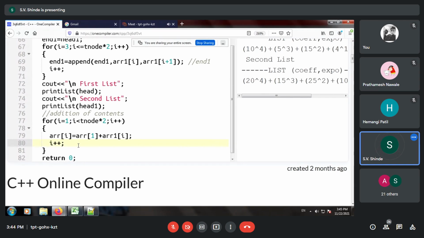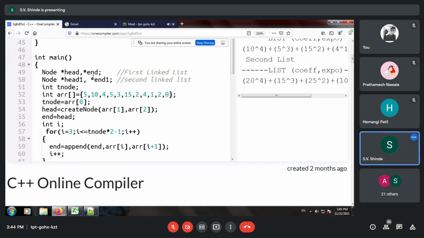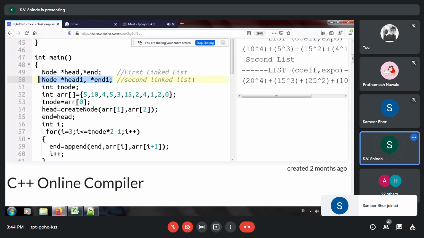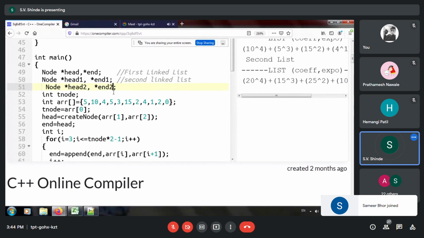Let us modify the contents. So I create the output and it should be generating the third node. So over here we will declare this as head 2 and end 2.